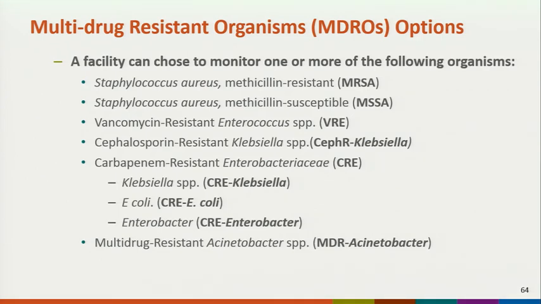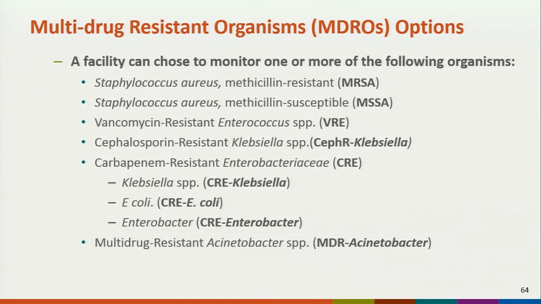So MRSA, Staphylococcus aureus methicillin resistant, or MSSA, which is our methicillin susceptible Staphylococcus aureus, Enterococcus or vancomycin resistant Enterococcus species, or VRE, cephalosporin resistant Klebsiella species, carbapenem resistant Enterobacteriaceae, or CRE,